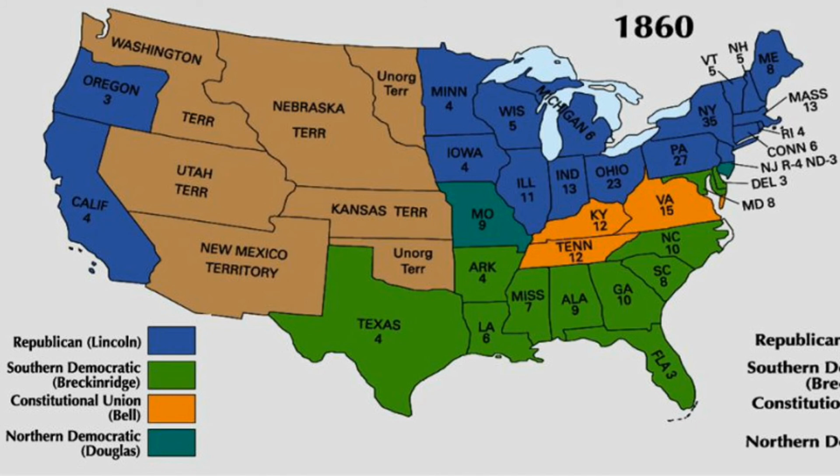Here, by the way, we see a breakdown of the vote, and you can see just how extremely sectional this is. Okay, you have basically the very deep southern states voting for Breckinridge. Then we have some votes for the Constitutional Union Party. You see Douglas actually does not do very well. That has a lot to do with the fact that the hardcore Democrats are going to vote for Breckinridge, and that leaves him in a weird limbo. And then, obviously, Lincoln taking the North and the middle areas.